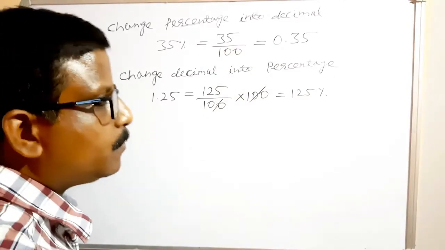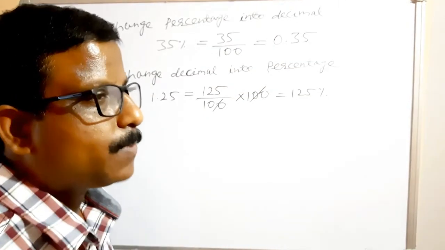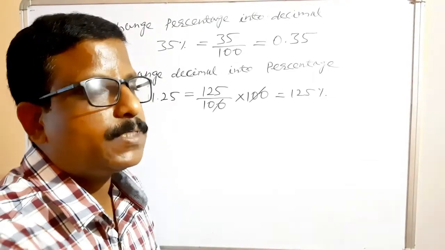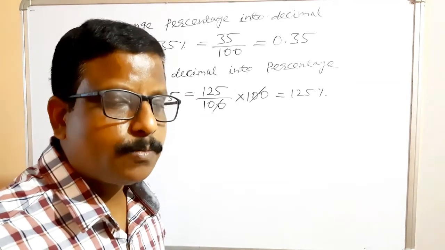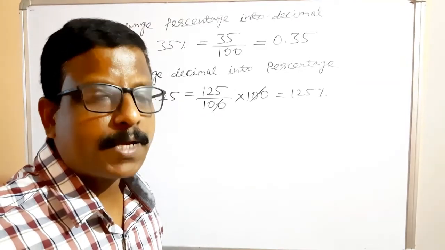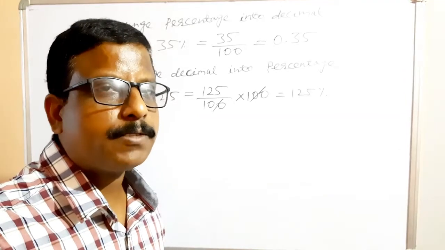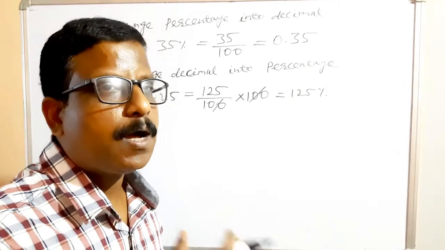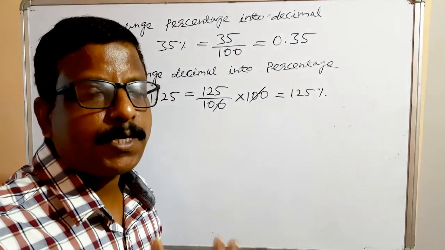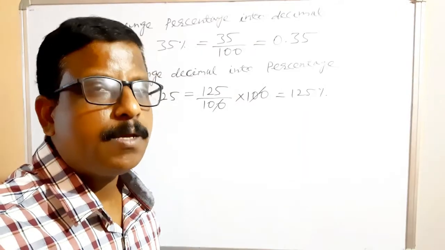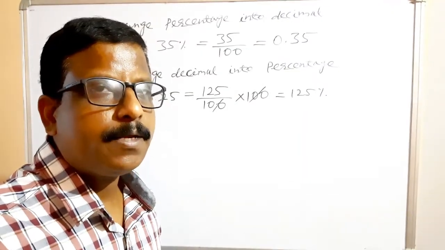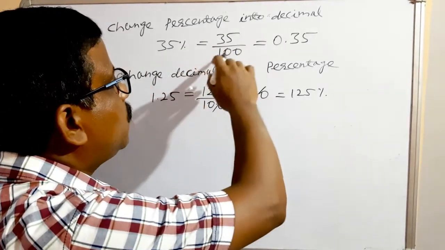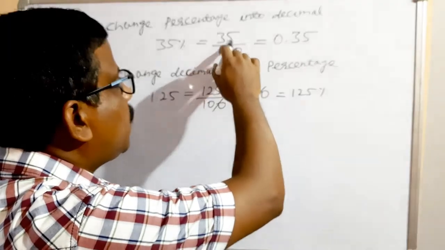Understood all these about percentage, how to convert percentage to fraction. The main, fundamental, basic thing in percentage is how to change percentage into fraction. Changing percentage into fraction means dividing by 100. Changing fraction into percentage means multiplying by 100. Another important thing is how to change percentage into decimal. When percentage is given, first we divide by 100, then change to decimal part. Here you got it in fraction form. Now in 1, how many zeros like this?